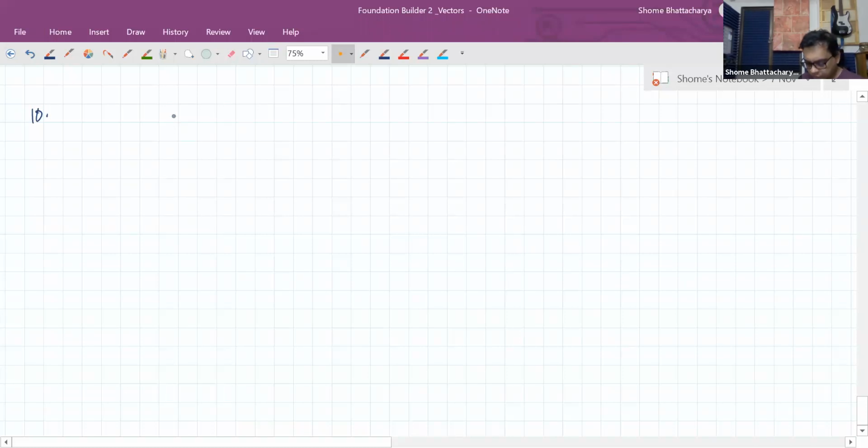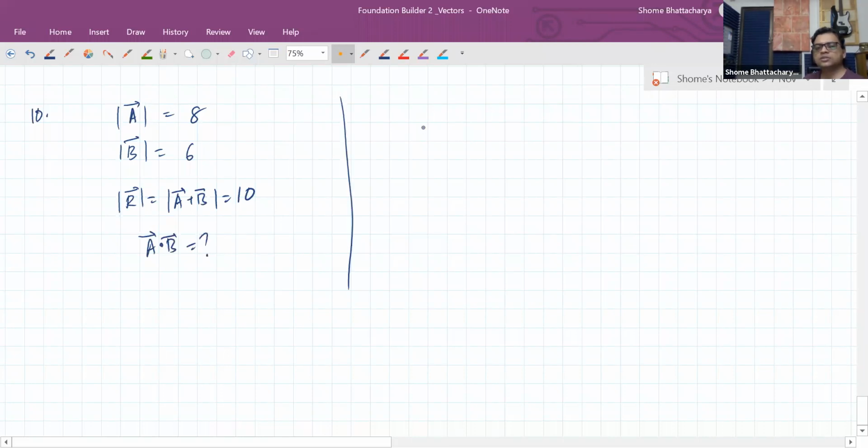Okay, so let's move on to question number 10 next. It is saying that the resultant of displacements of magnitude 6 and 8 is 10. So what about their dot product? Let's say the magnitude of the first vector, which is a displacement, is 8. The second vector has a magnitude of 6. Yeah, 6 and 8, I just wrote in reverse order, it doesn't matter. And the magnitude of the resultant, which is mod of A plus B, is 10. So from this we have to find their dot product.